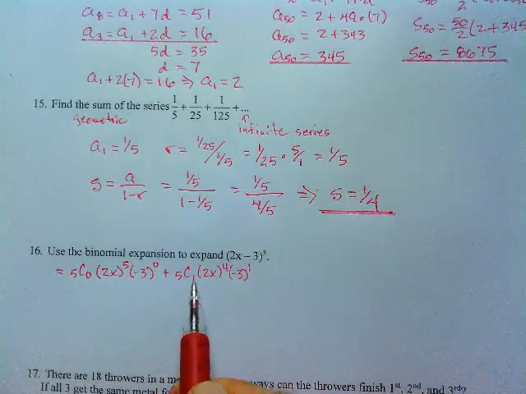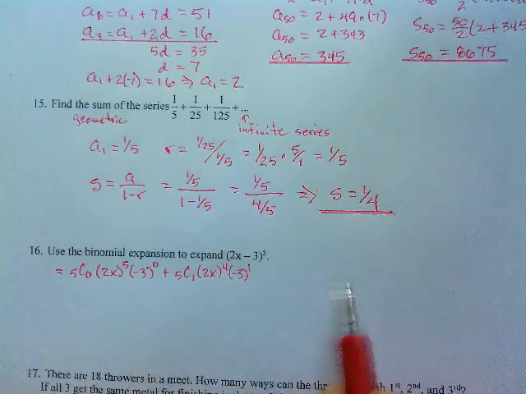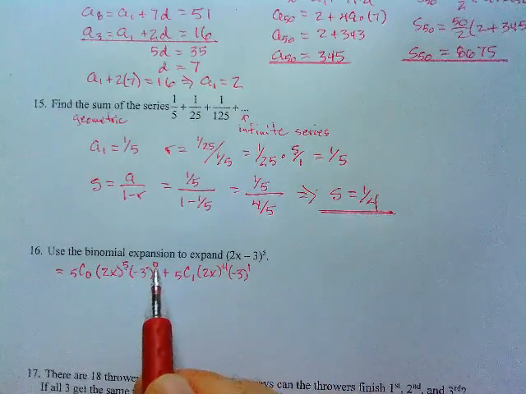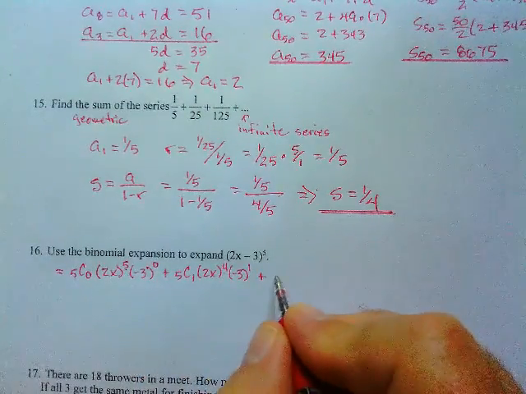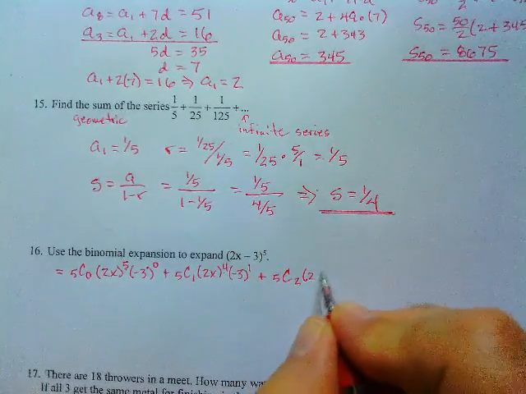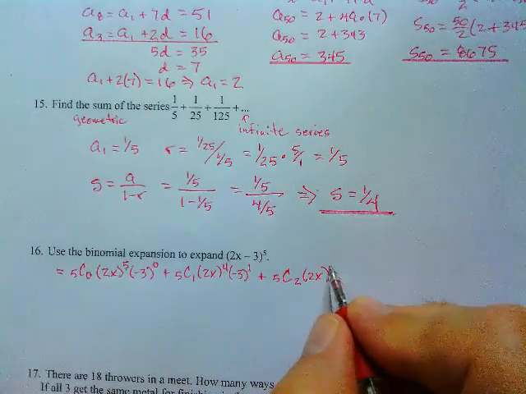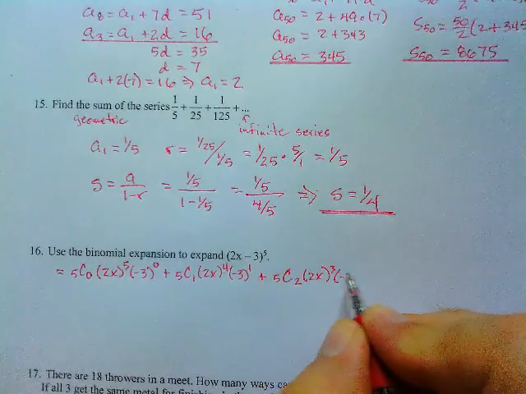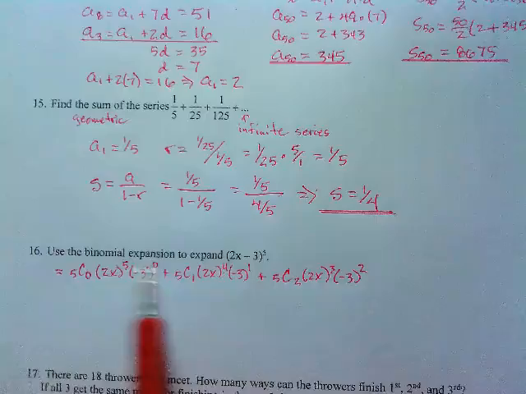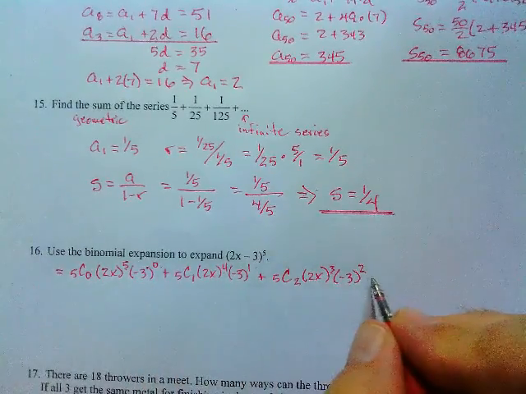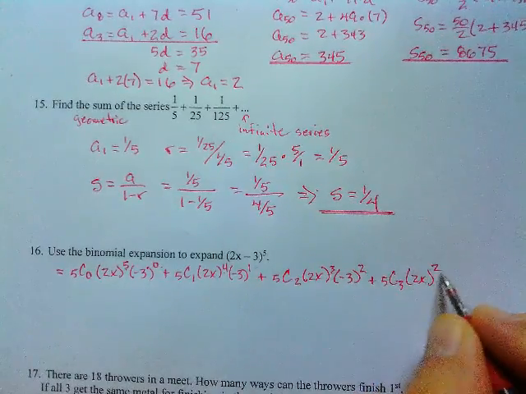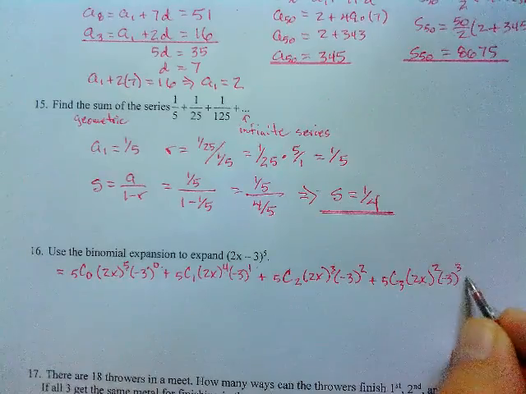So notice how I'm now going to progress 0, 1, then 2, and 3 up to 5. On the other hand, this one's going to go 5, then 4, then 3, and so forth, while the other one's 0, 1, 2. So follow the pattern. Like I said, there is a formula for it, but it's easier to just remember that I'm going to count up and count down depending on the part I'm looking at. Notice that these always add up to 5 because I had n as 5, so 5 and 0, 4 and 1, 3 and 2. So next I have 5c3, 2x squared, negative 3 cubed,